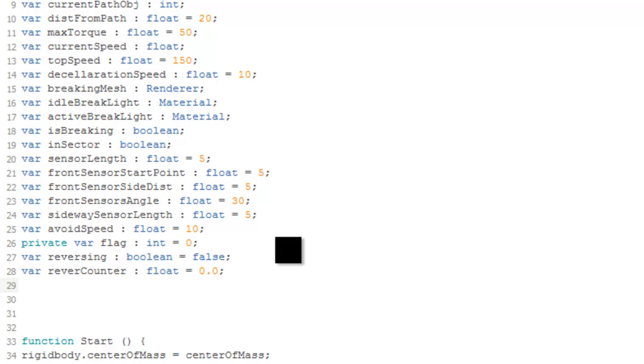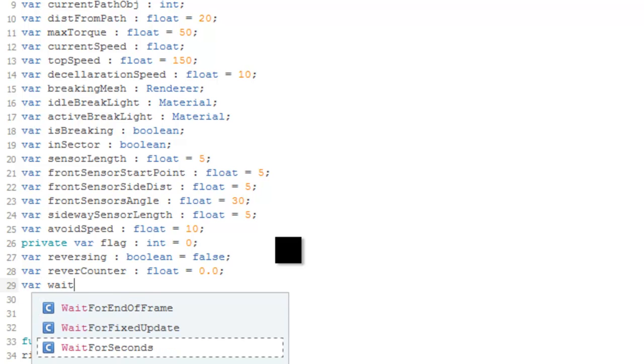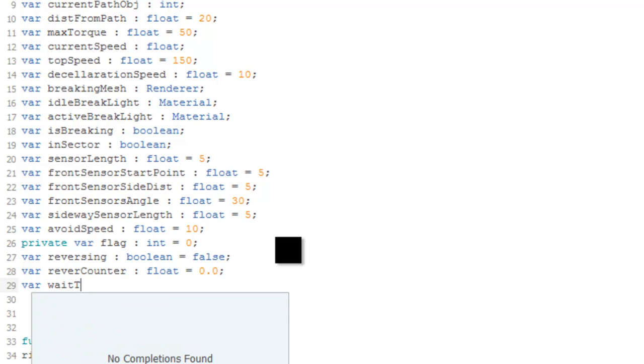That was raycast-based reversing. That is way more complicated than this one, but they were pretty much the same, except this one has a bit more bugs than that one. But it is easier to create. So yeah, I'm gonna go for this one. So the second variable has been created, now the third variable is gonna be wait to reverse,